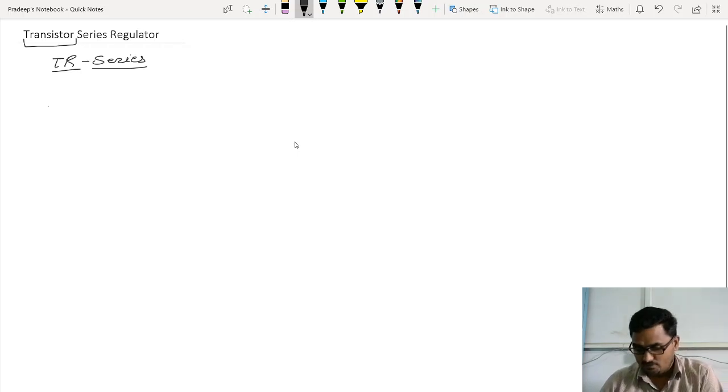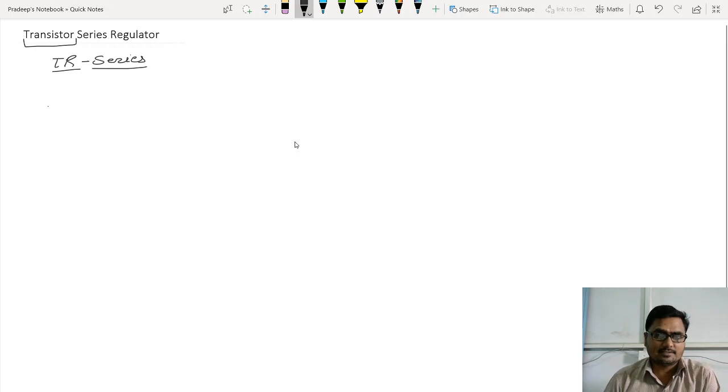So let us draw the circuit diagram and start immediately. It is a transistor series regulator, the active element must be the transistor and it has to be in series with the load resistor. That's the description. And it's not only the transistor. I just said the transistor is an active element. It does not mean that other elements are not there. Like in the Zener shunt regulator, only the Zener was sufficient to regulate the output voltage. Here, only the transistor is not sufficient, right? We can understand everything by its circuit diagram.